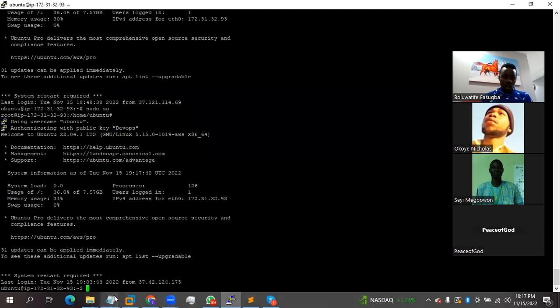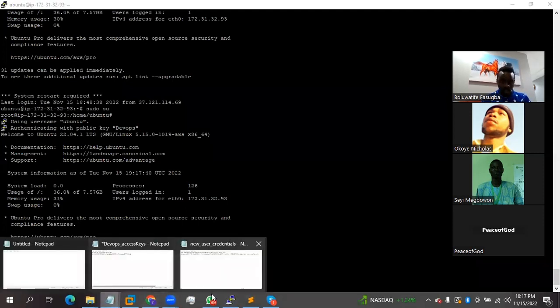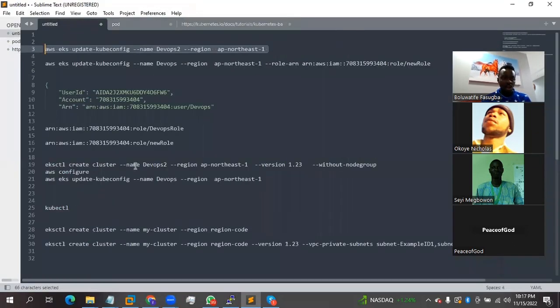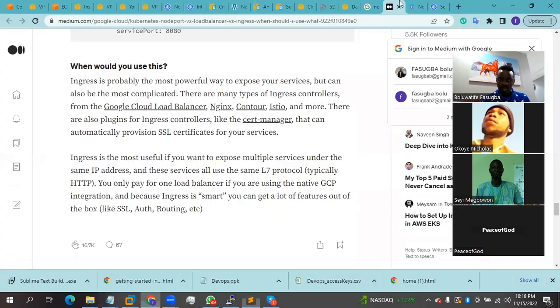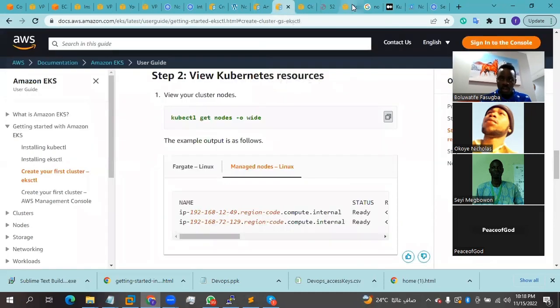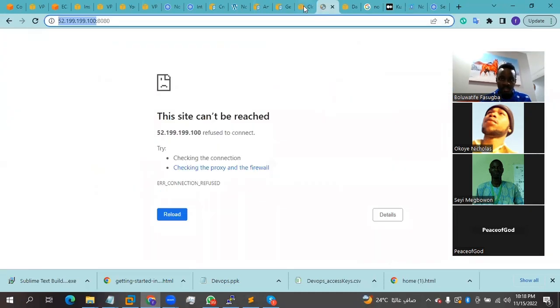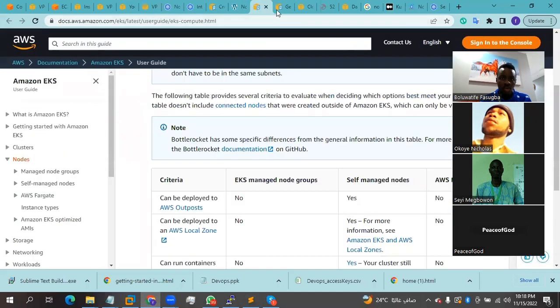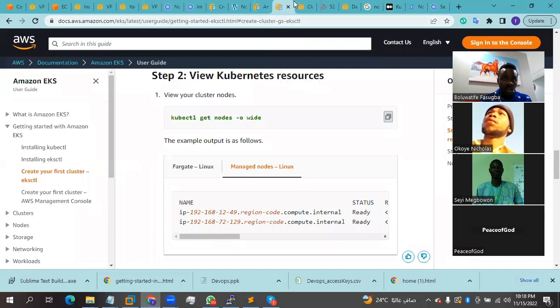I think we talked about running this command to start up the instance. We talked about eksctl to create a cluster, which was what I did. During my troubleshooting, I realized what really happened. So when you run the eksctl command,